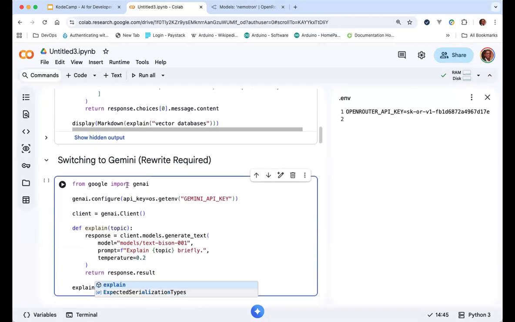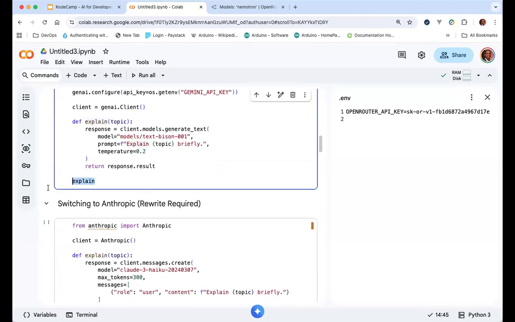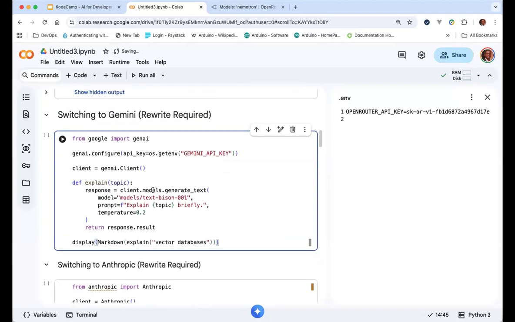So let's do the same thing. I'm going to copy this and I'm going to paste it here. So same thing, right? Display markdown, explain vector databases. I'm going to use the old one. Apart from the fact that I'm not even sure of this model, I'm not going to use this. I typically use, for Gemini, I typically use 2.5 Flash. But I think